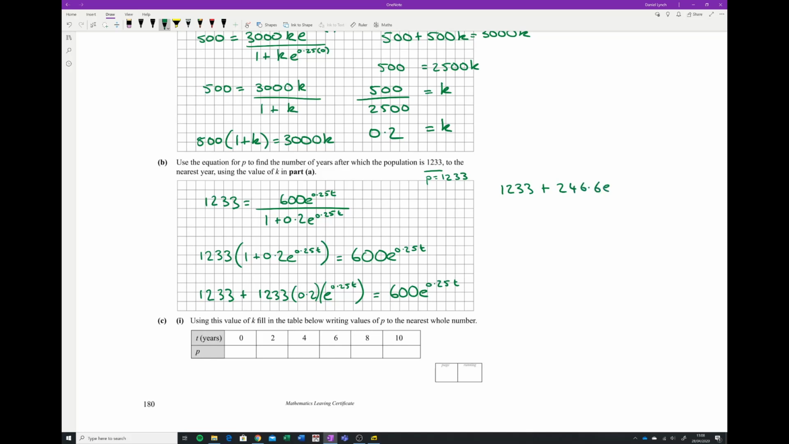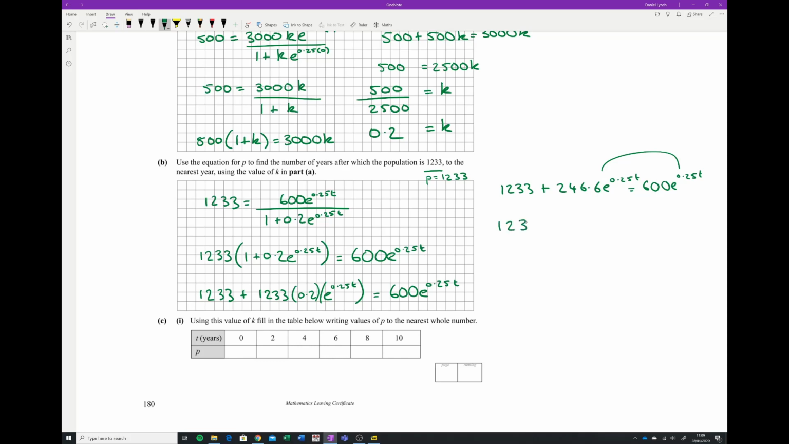246.6 e to the 0.25t, and it's equal to 600 e to the 0.25t. These are the same terms as each other. It's like having 246.6x equal to 600x. You can just subtract 246.6x from both sides, or in this case 246.6 e to the